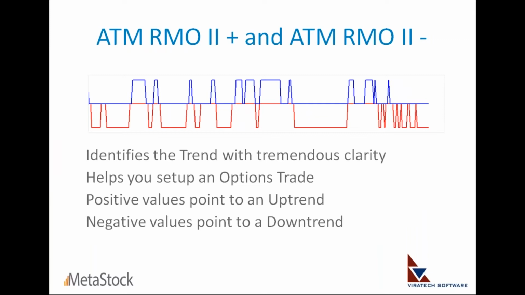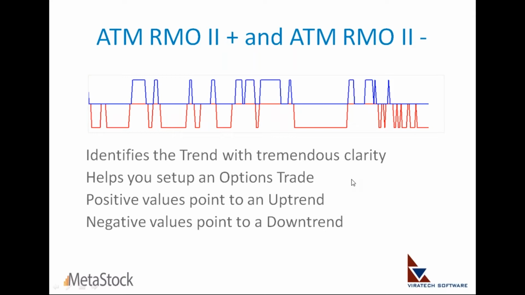Now, the RMO2 plus and minus. We plotted the RMO2 plus as the blue indicator over there, and the red line represents the RMO2 minus. I've mentioned over there, it really helps you for an options trade. There are enough tools we've got here in the breakout catcher and the super filter to help me detect the trend. Whilst the RMO2 does have the ability to tell you the trend of the market, when you look at that over here, if the values are negative and the red is right there, it obviously means the market is looking bearish.